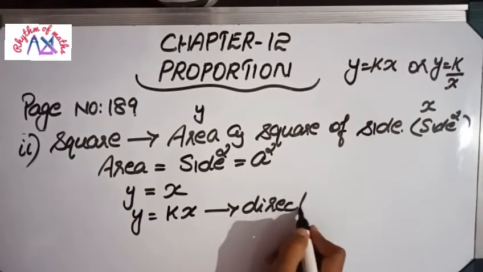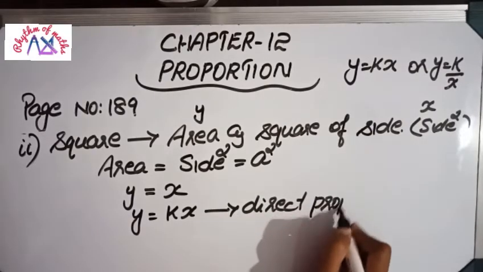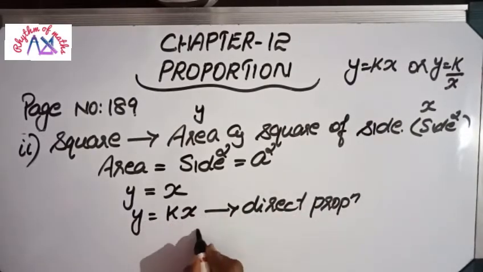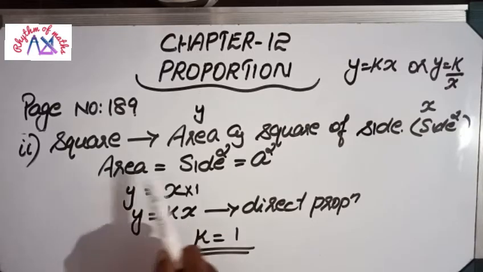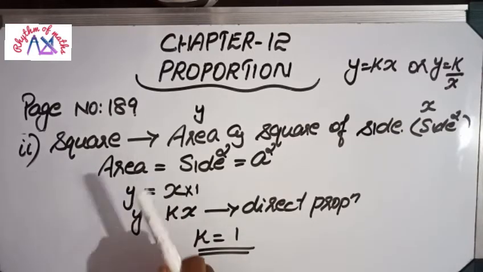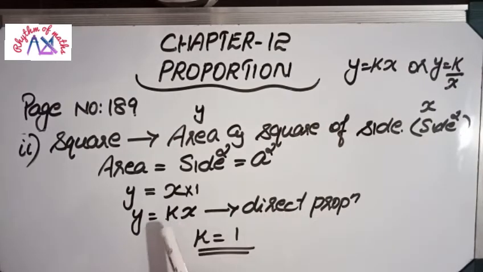This is direct proportion, but in the place of k no number, but k will be 1 here because x into 1 is what? x itself. That's why constant of proportionality here will be 1. Okay, y equal to kx form will satisfy. y equal to x means k is 1. That's why we got y equal to x. So direct proportion and constant of proportionality is 1. Okay, so this is first question answer.